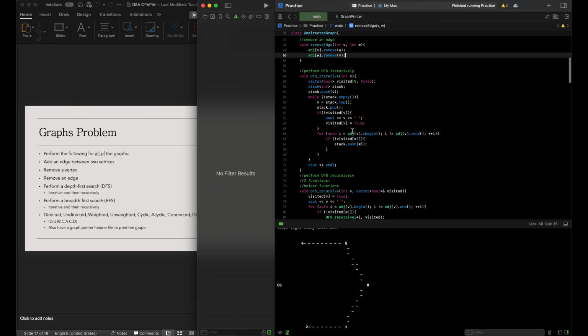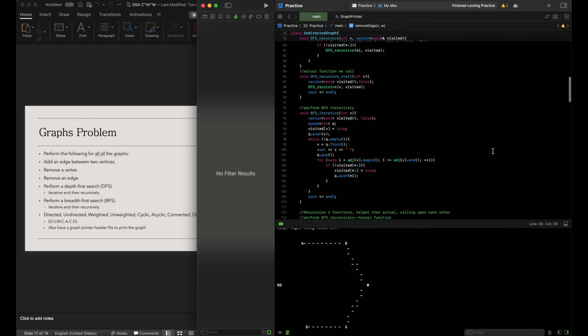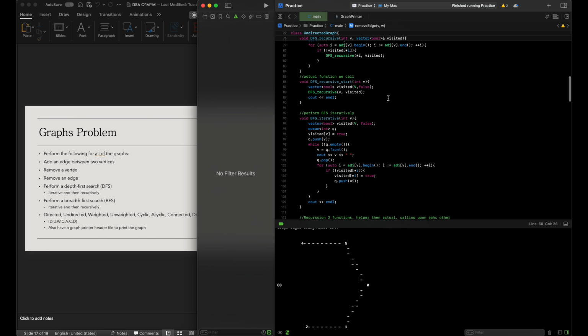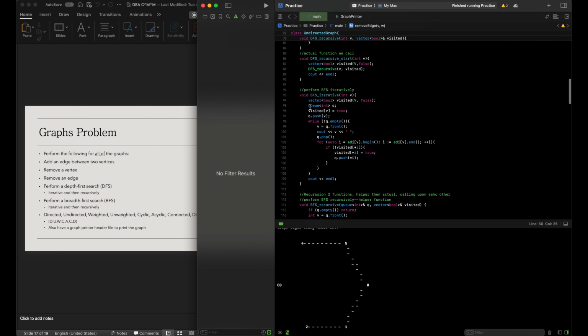Notice how we just use one function in this case. And then we perform depth first search recursively. So we would have two instances or two functions that will call upon each other based on the definition of recursion. And then we will perform breadth first search iteratively, in a similar case to what we did for depth first search iteratively. But breadth first search, unlike depth first search, uses a queue, and depth first search uses a stack